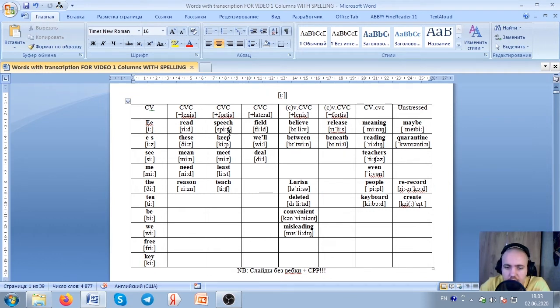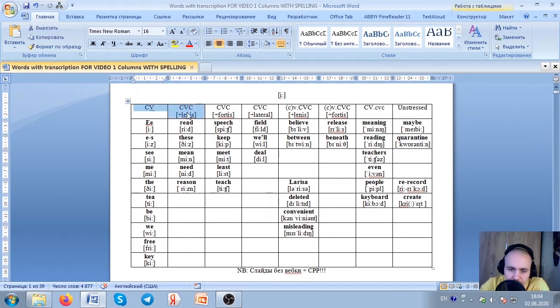So here we can see the columns sorted out according to the type of the syllable and according to the position in the word. For example, here you can see that the first syllable is an open syllable where the syllable ends with a